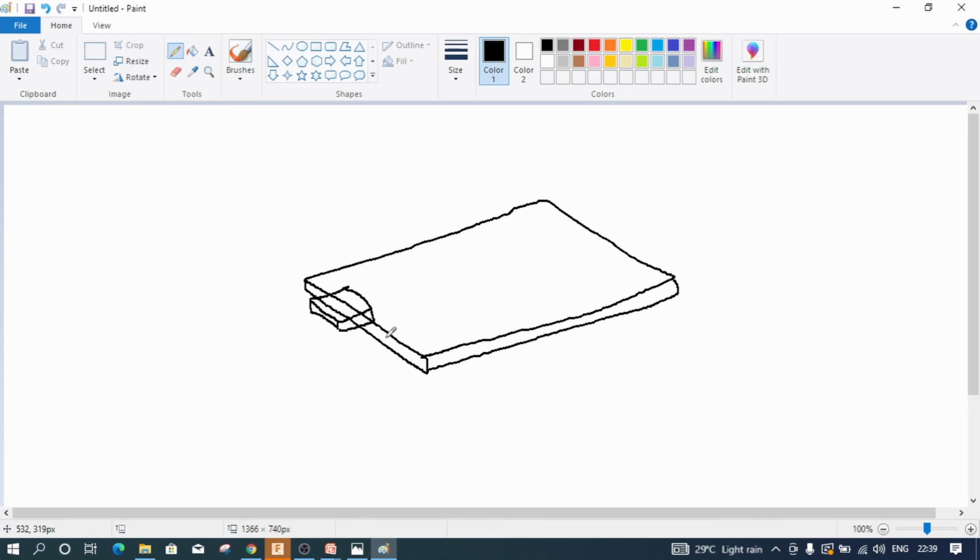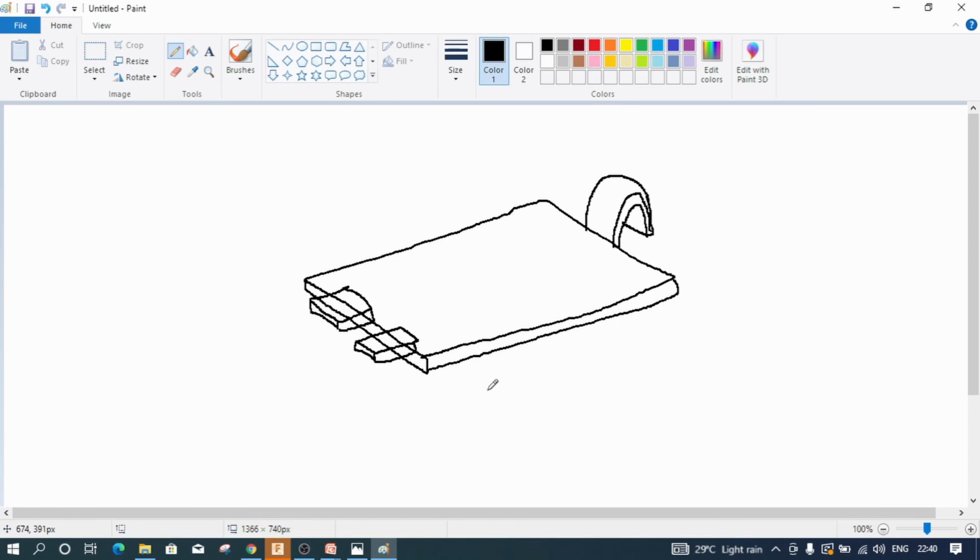This is one projection and this is another projection. And we also have something like a U-shaped object. So we have something like this. Let us try to develop this object using mind maps.